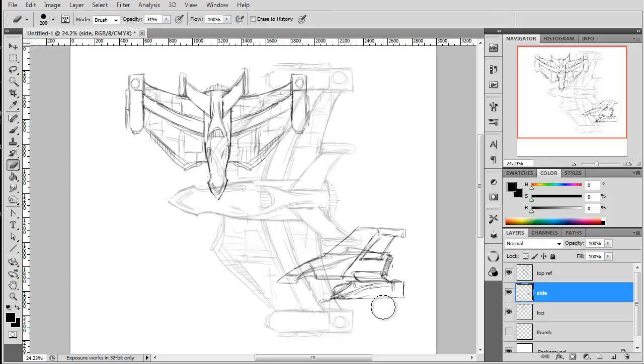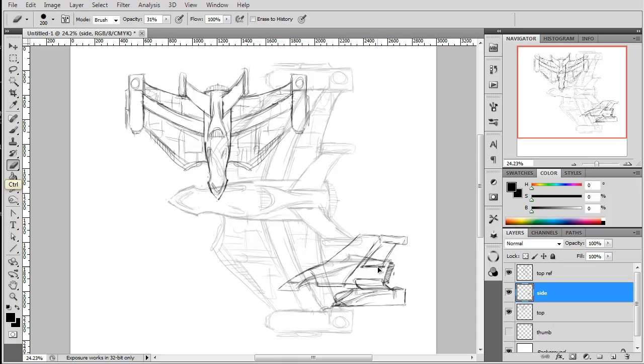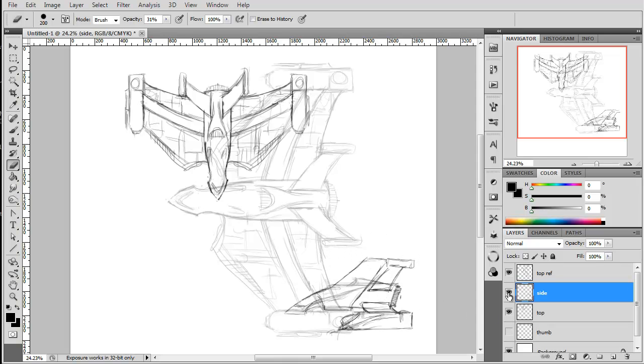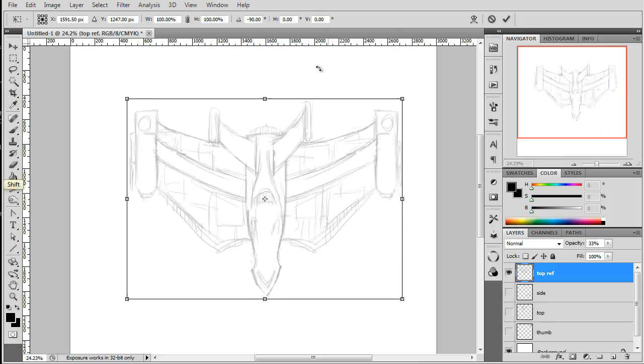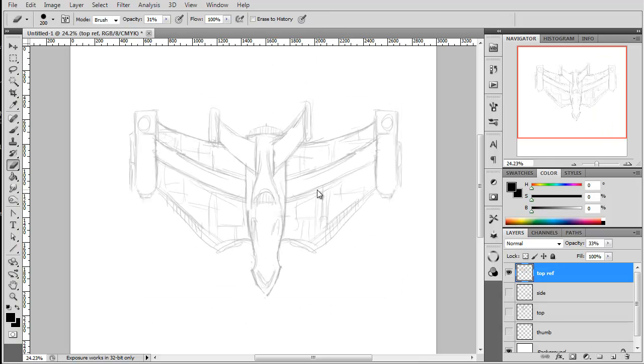And then what I'm going to do is, that's my layer right there. So what I'm going to do is I'm going to take this and just move it in the corner, take my top and side off, and then I'm going to take my top reference and I'm going to rotate my top reference 90 so that I can start working on the front view. And this one basically is